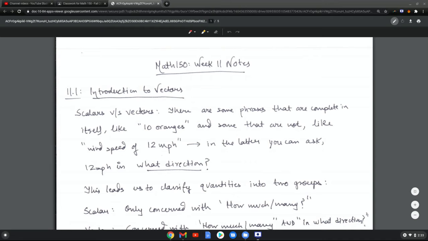We are going to be studying something called vectors, and in doing so, we're going to use some of the tools that we have been learning this semester, including Pythagoras theorem, trigonometric ratios,